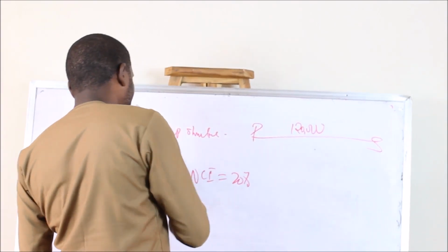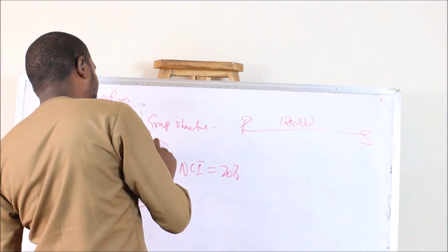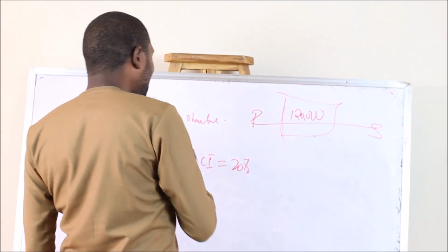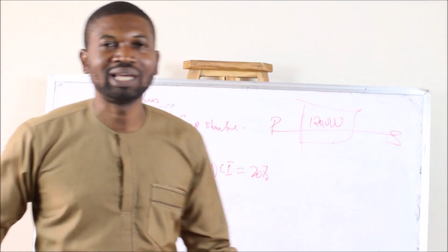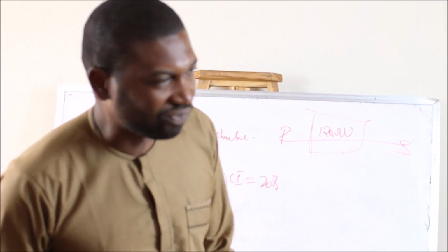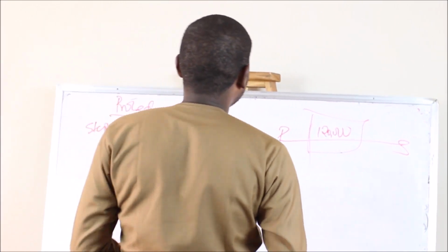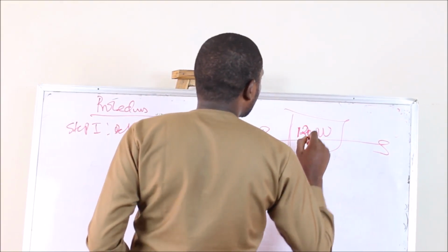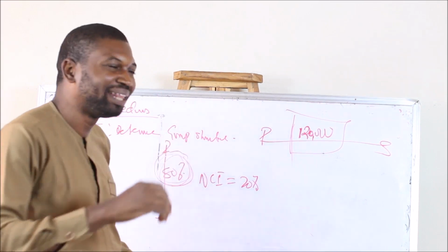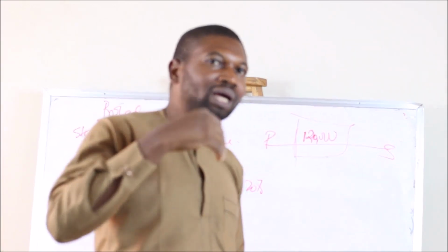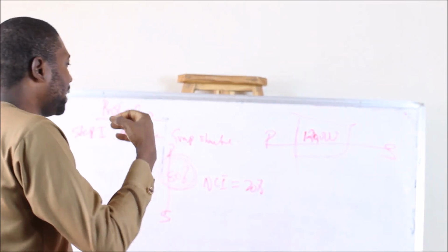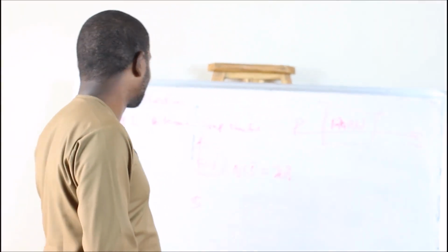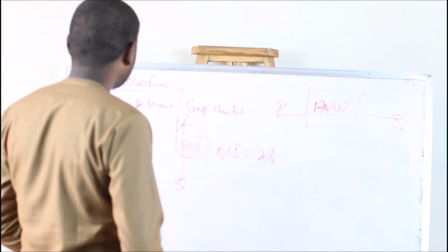If the percentage is not given to you, there are two things. Either the percentage is given to you or the number of shares will be given. If the percentage is given, the examiner has made the question easier for you. But if the number of shares the parent company acquired in the subsidiary is given, you have to convert it to determine the percentage of control, that is, how many percent the parent company acquired. So that is how to determine the group structure.